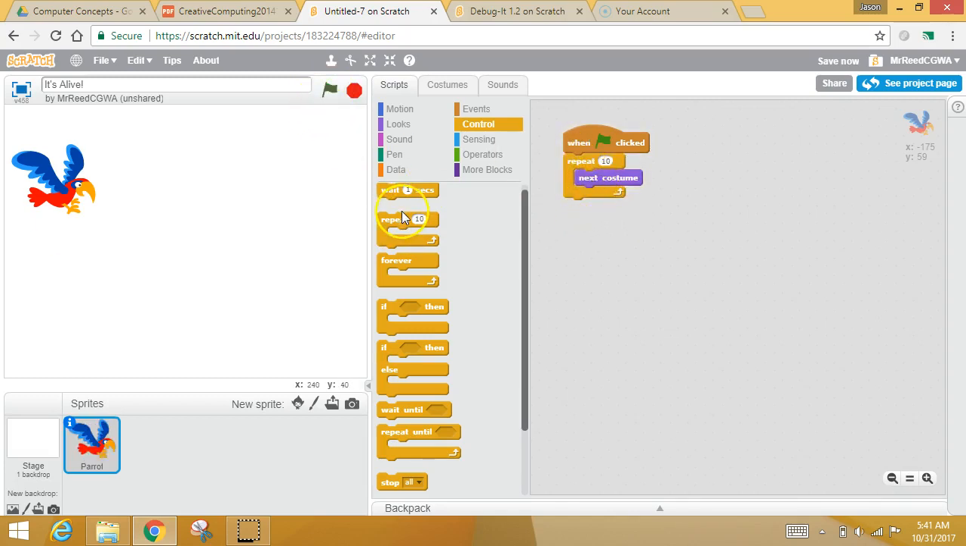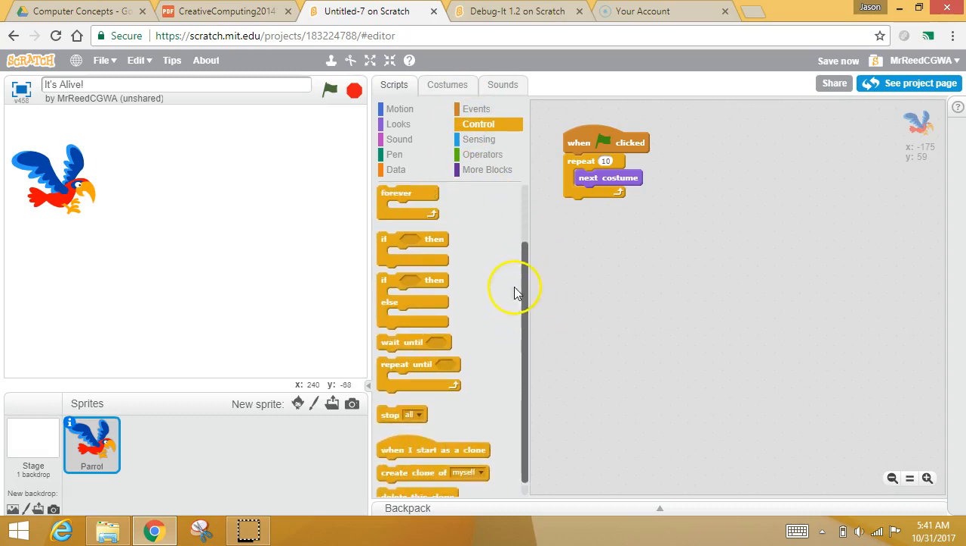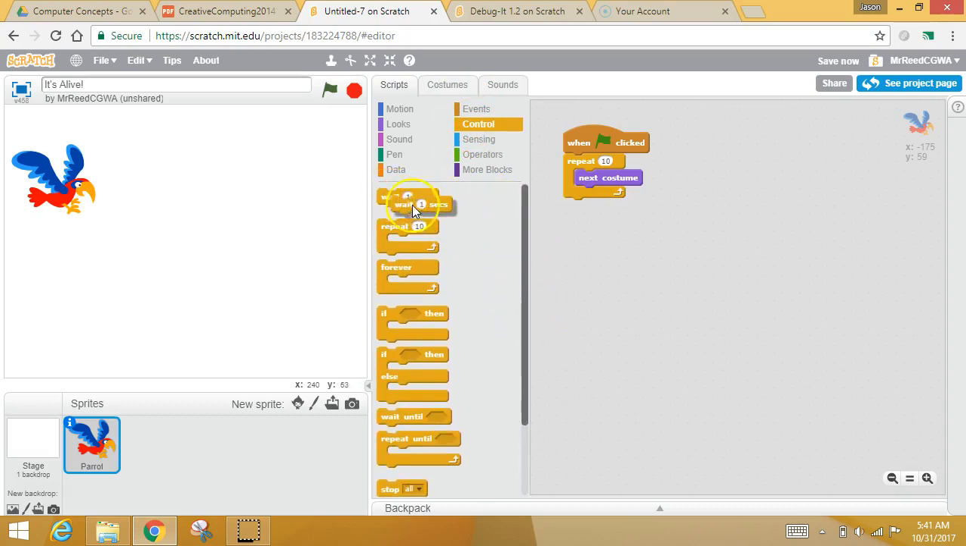Now when I hit this, he switches to his next costume 10 times. Now that's no bueno. I don't like that because he looks a little frantic. So to make this look more natural, if you go, still in the control, and add this guy. And that doesn't have to be 1 second, you can change that, but